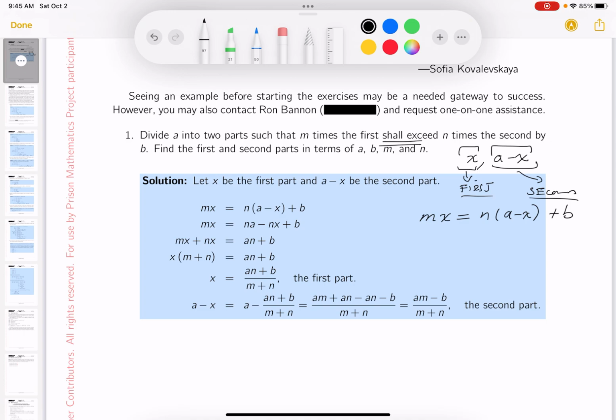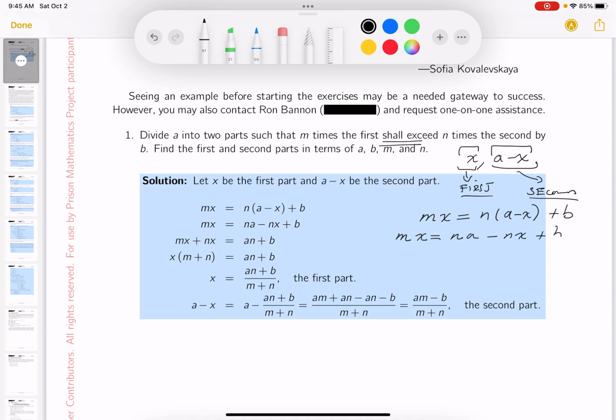And again, you might make mistakes. And I think the biggest mistake a lot of students make is they don't try. What I mean by that, they look at something and say, it's too tough for me to even think about this problem. Now, I'm going to try. So what do you get? NA minus NX